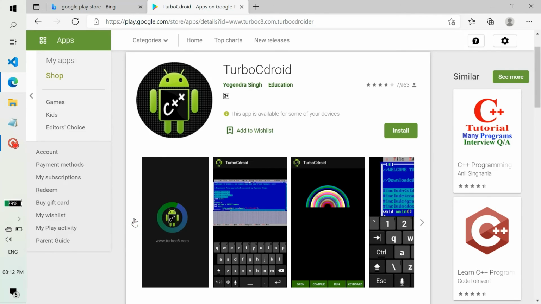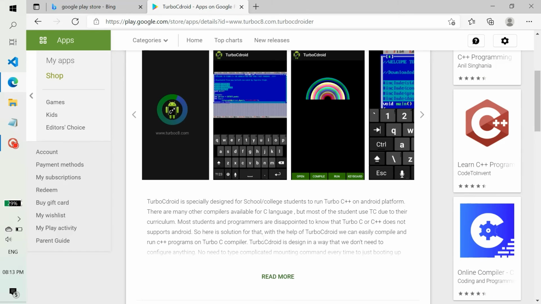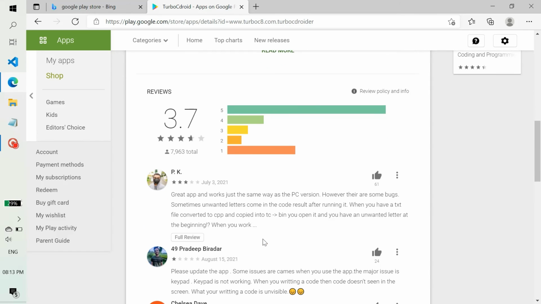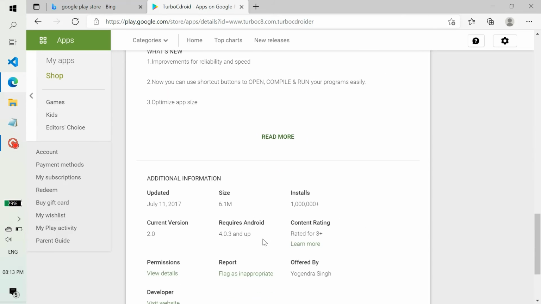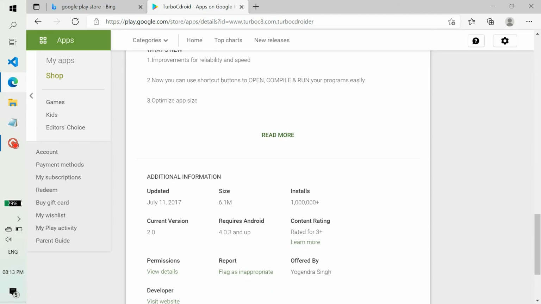So it is a great thing to do. It will feel normal, as if others are doing it on a laptop and you are using mobile. So the same feeling you will get, and rating is also good. Reviews you can check out, and the size of the app is again only 6.1.